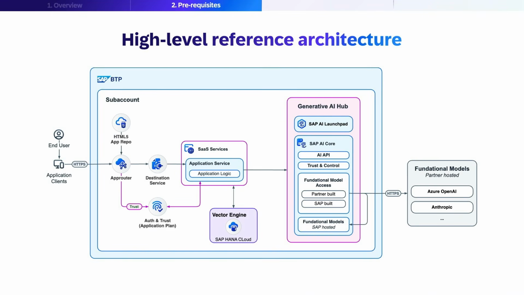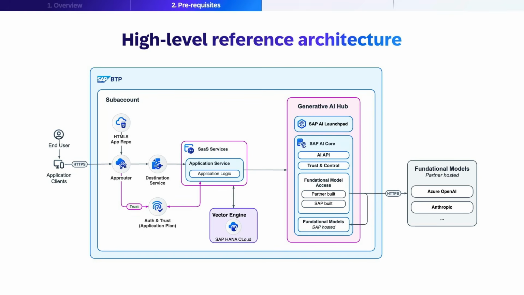Let's examine the high-level reference architecture for implementing our RAG-based applications on SAP BTP. This diagram shows the complete flow from end user to foundation models. Starting from the left, an end user accesses a software as a service after successful authentication from Auth and Trust IaaS. This software as a service is hosted in the BTP runtime. For embedding model access, applications